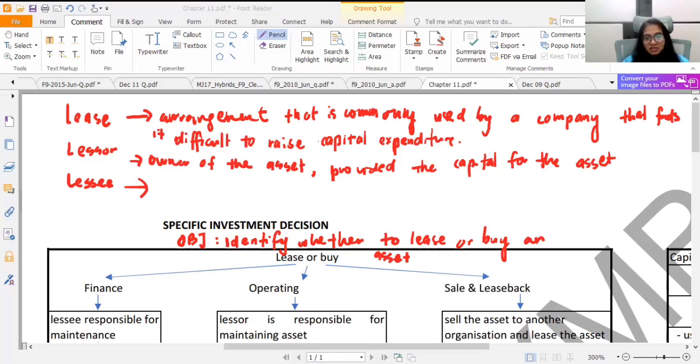A lessee is the person who uses the asset. That means they are holding the asset, or using the asset, or have possession of the asset, but they are only using it over a specific period in which they pay rental. So you can say they have possession of the asset,